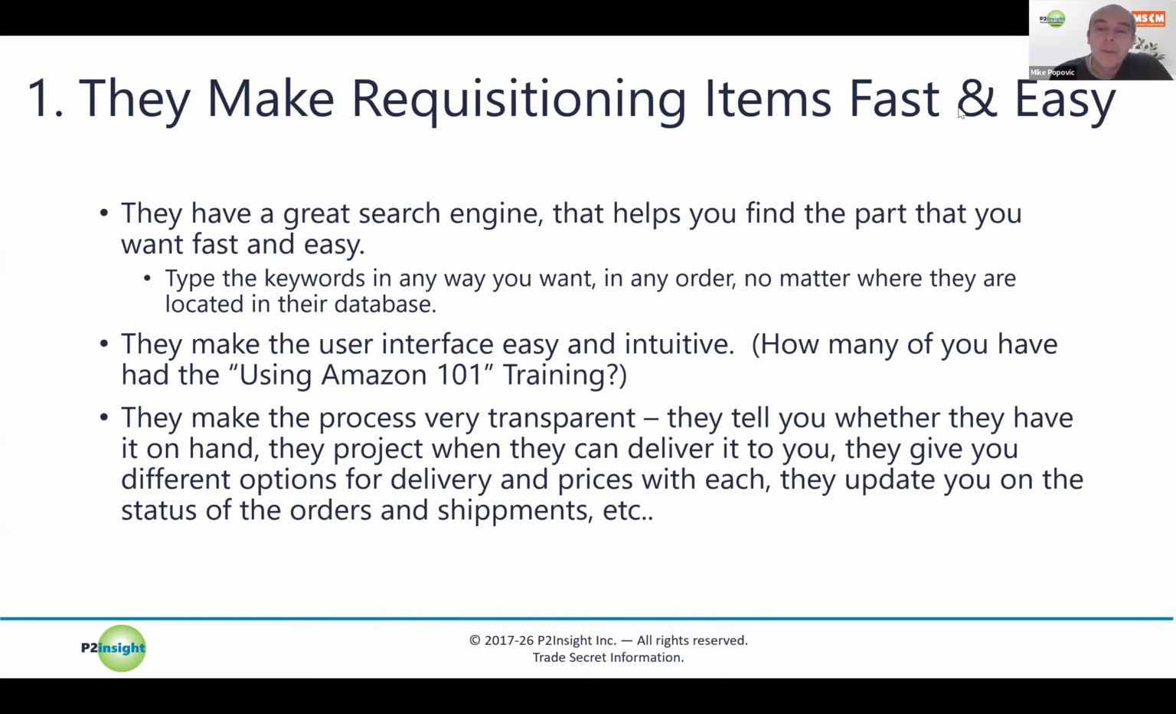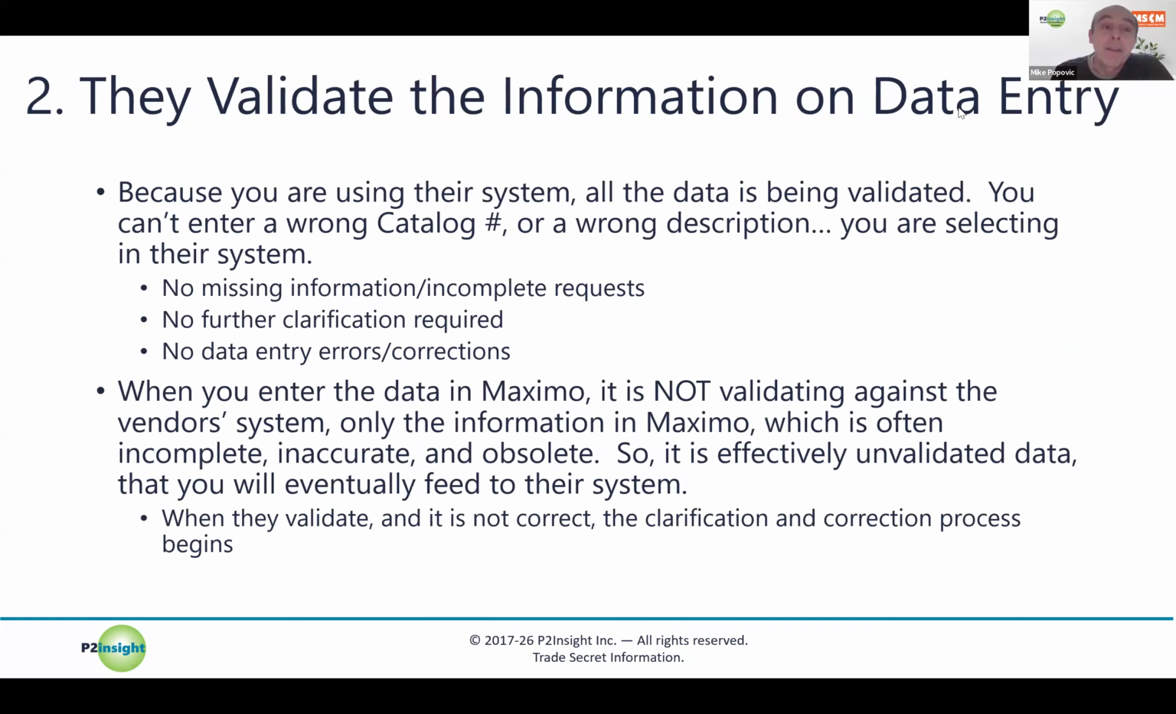They tell you what they have, when you can get it, if it's available or not. They project delivery dates, and they keep you informed as to when they ship it, where it is in the cycle. You can track it, and when it's been delivered, and so forth. So lots of transparency. The other key thing is they validate the information on data entry,